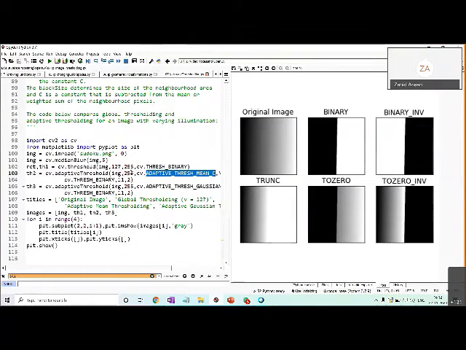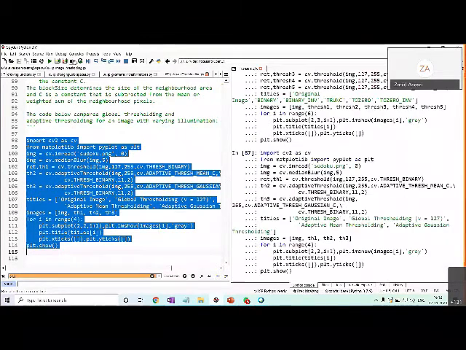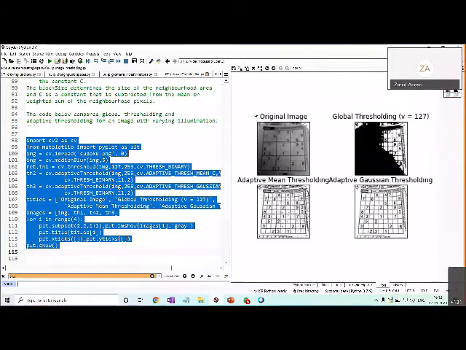So the first thing we are doing is the binary thresholding, then adaptive threshold mean, then adaptive threshold Gaussian. Three kinds of thresholding for an image. I'm showing you the output. The code is very small: you just read the image, do some smoothing and thresholding, and display using matplotlib. This is the original image.